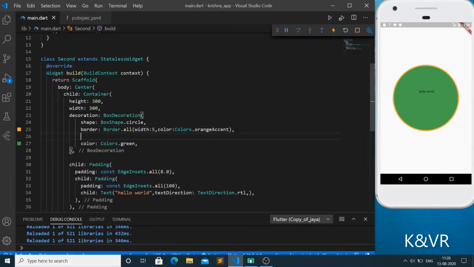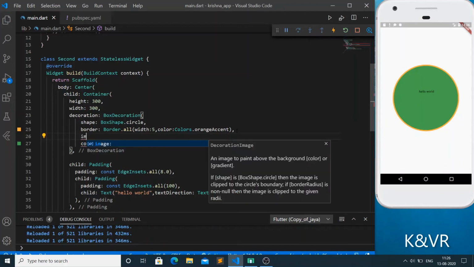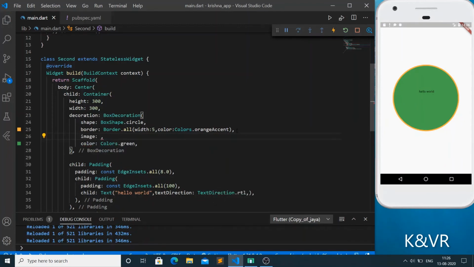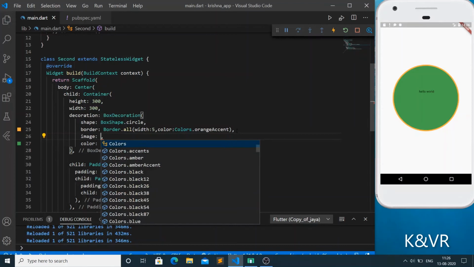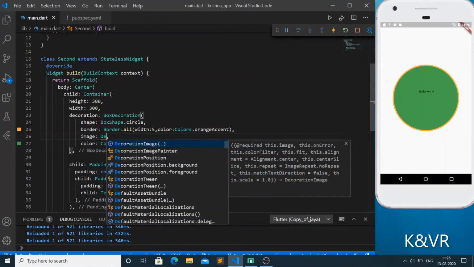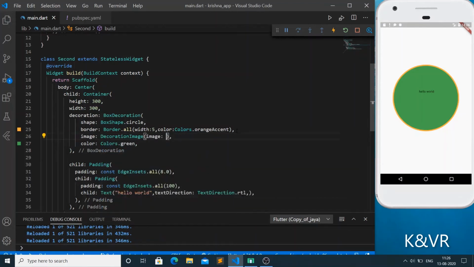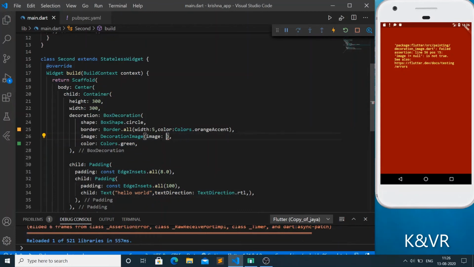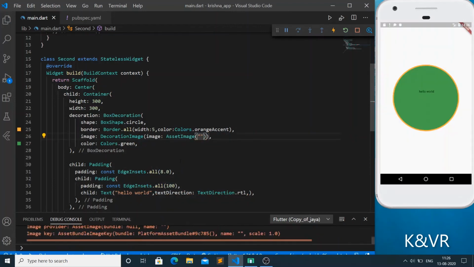How to insert the image? Just write image. We are taking the DecorationImage. From that DecorationImage we take image and AssetImage. We told in previous videos that we can also use AssetImage like this. Here we want to give the path.